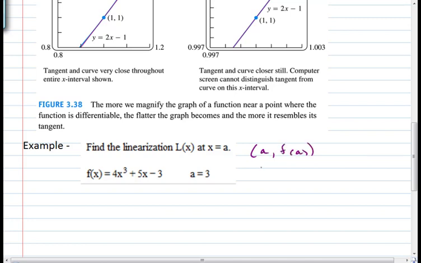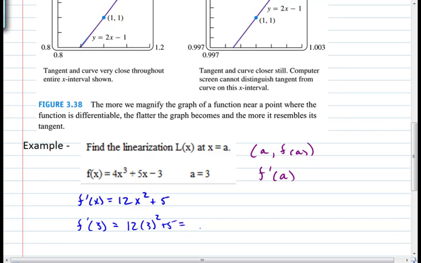And I also need the derivative evaluated at a. So I start with the function, and I'm going to take the derivative. The derivative is 12x squared plus 5. That's it. The derivative evaluated at 3 is 12 times 3 squared plus 5, and that is,